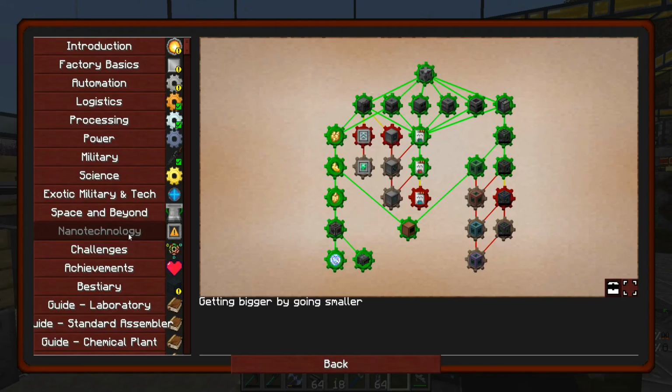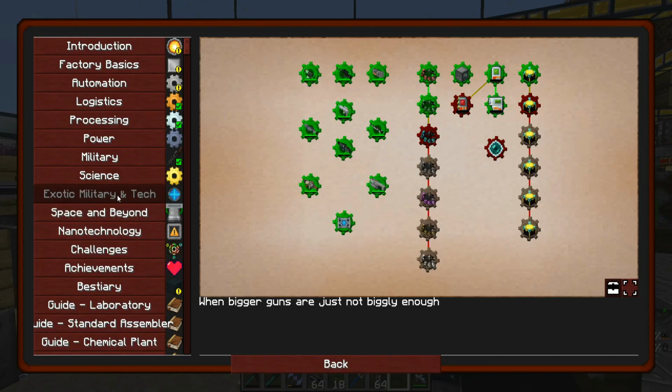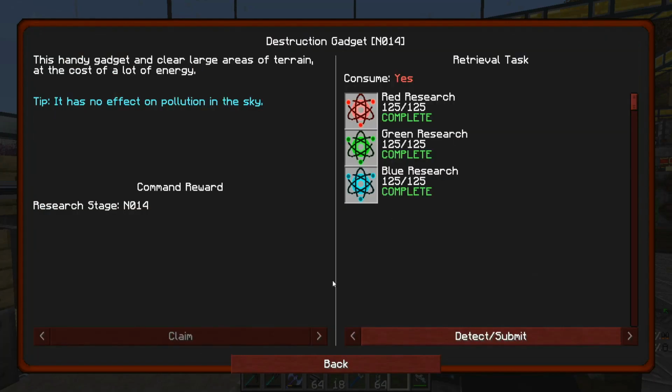I've unlocked this guy, the Advanced Energy Cube, because I wanted some more power, I wanted more input and storage, and I've done this one too. So this is something that I haven't claimed yet, but this is the destruction gadget,